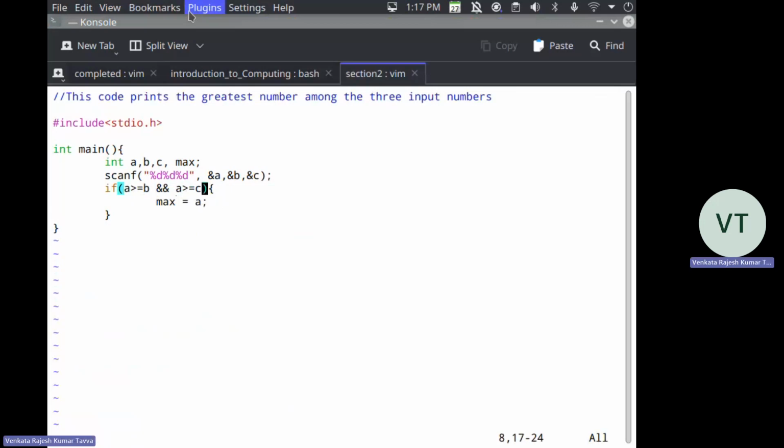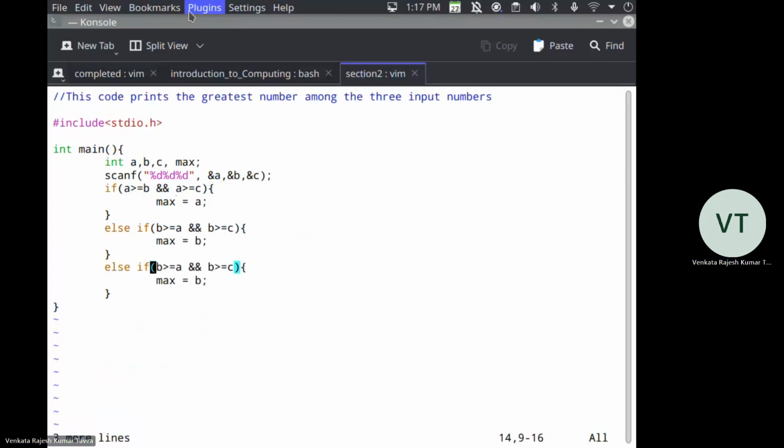A. So else if B greater than or equal to A and B greater than or equal to C, then max equal to B. Else if C greater than or equal to A and C greater than or equal to B, then max equal to C. Then else if A equal to B and B equal to C,